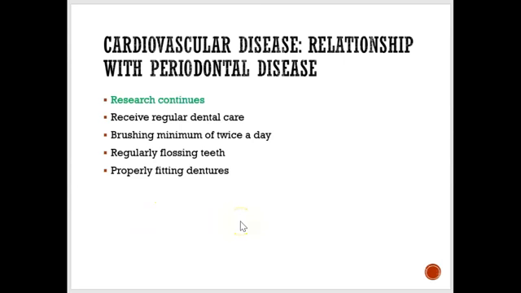People used to say, I know when I was in school, I was taught that if someone has cardiovascular disease or heart problems, they have a higher chance of getting periodontal disease. Now, research is conflicting. Some research says that yes, if you have cardiovascular disease, you have a higher chance of periodontal disease, and others say there's no proof to show that there is a link. So there are conflicting results. We're just saying that the research still continues. We still don't know.